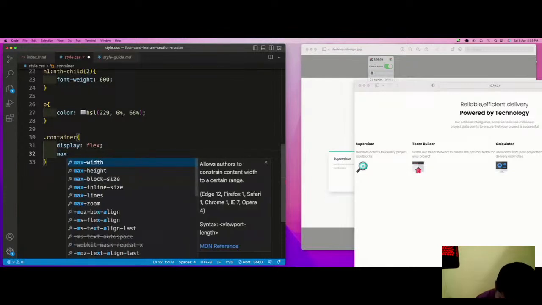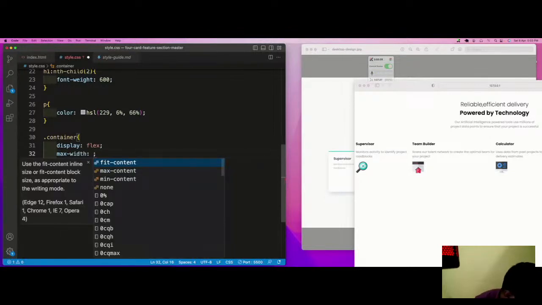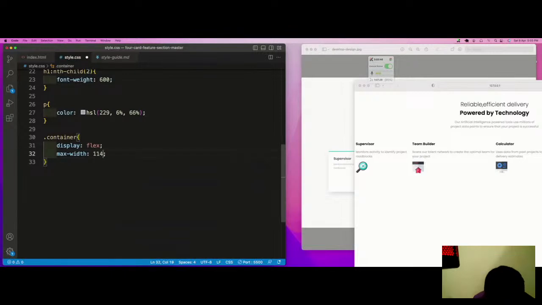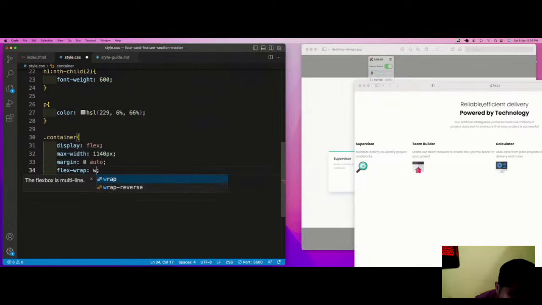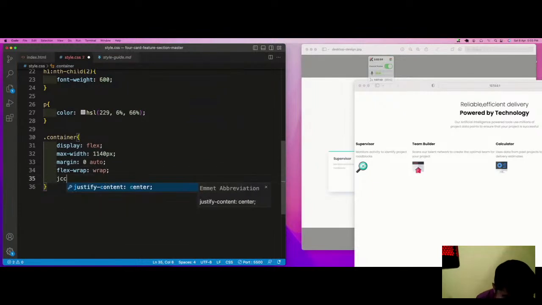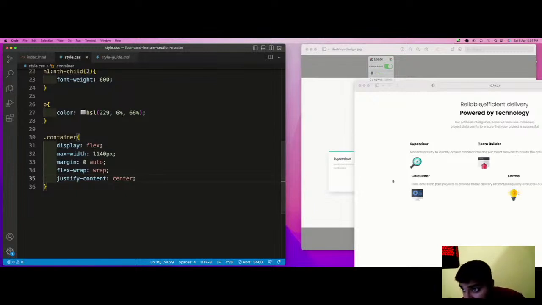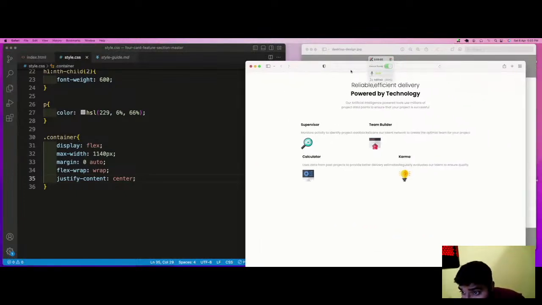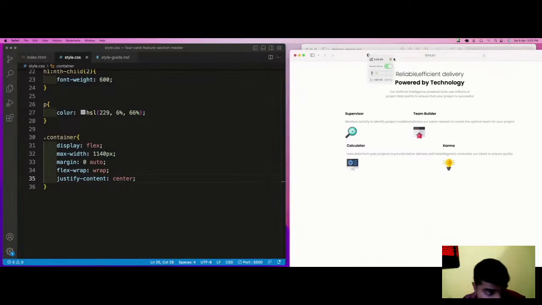And we say max-width of, let's say, 1140px, and a margin of 0 and auto, and flex-wrap to wrap, and justify-content center. So we have our content look like that.